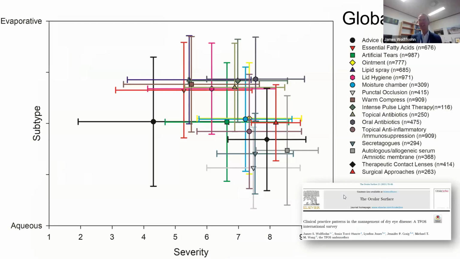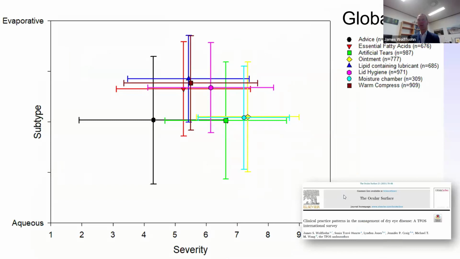But what was good to see is that actually, if we just take the more basic treatments that we think of, so things like advice, fatty acids, so your omega-3, artificial tears, ointments, lid hygiene, warm compresses, actually the vast majority of the severity of the disease and subtypes was covered. So I think that's really useful in terms of understanding how people are using these management options